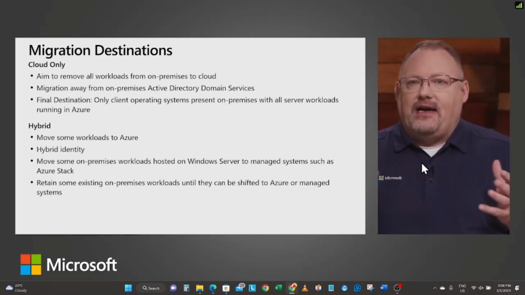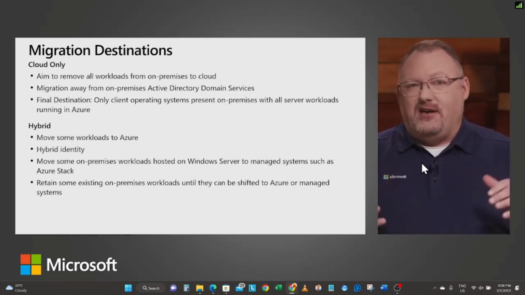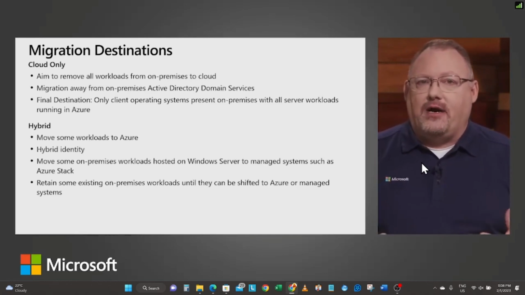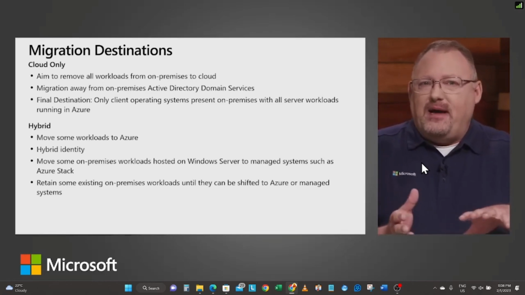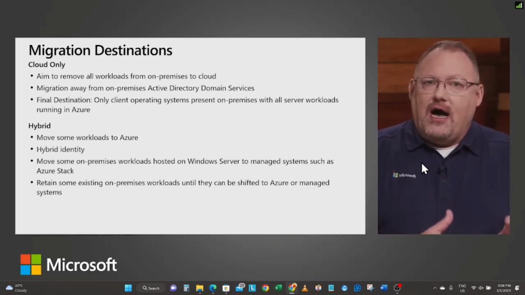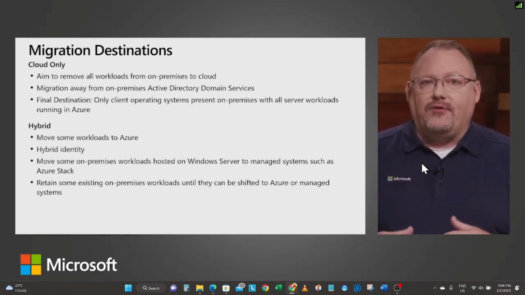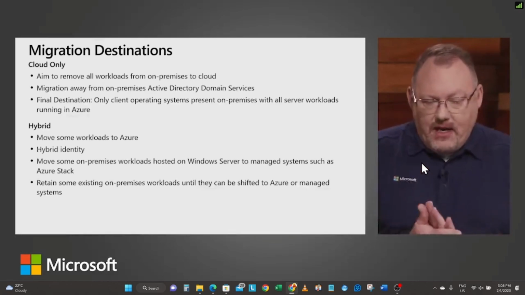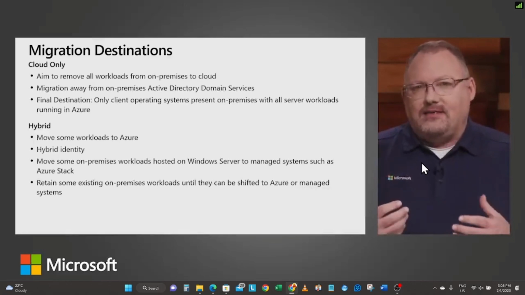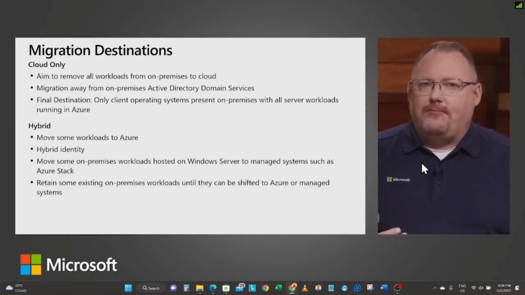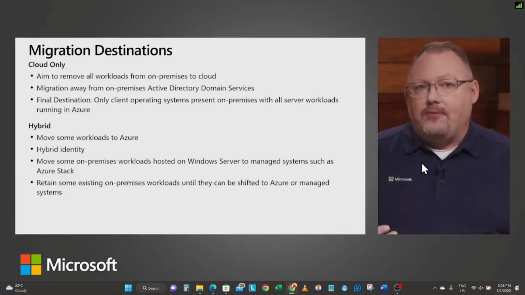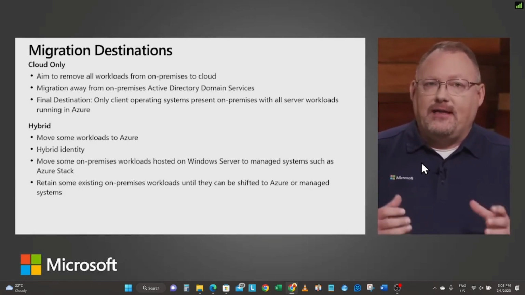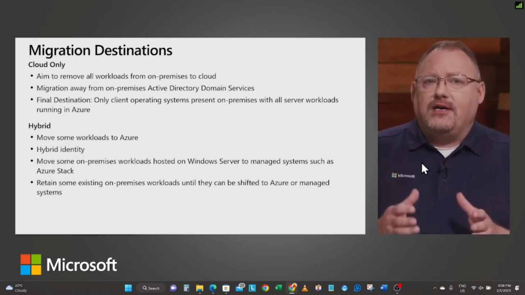Do I want to use things like Azure Stack, which is basically a really big piece of hardware that we can run on-prem that helps us mitigate some of those download taxes, gives us some Azure resources on-prem, but we still need to connect to the cloud for those finalized resources? And really, when we start thinking about this, do we just have to have something on-prem for whatever reason? Maybe it's running on legacy hardware, a legacy operating system. Maybe we have to have something on-prem because we need to.